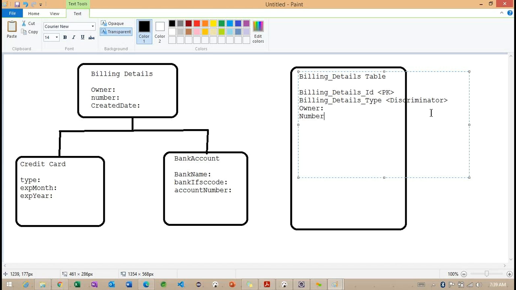Later, the remaining columns: owner, number, and created date.